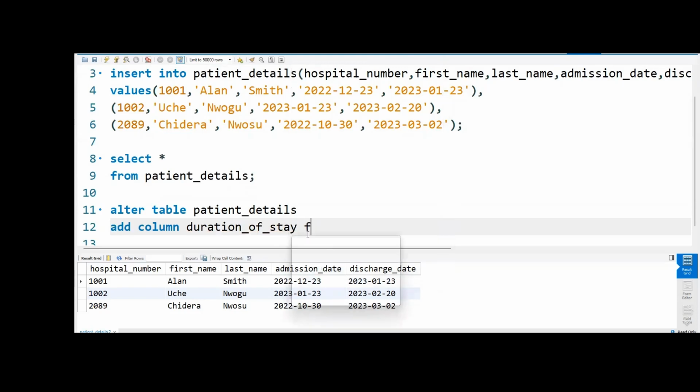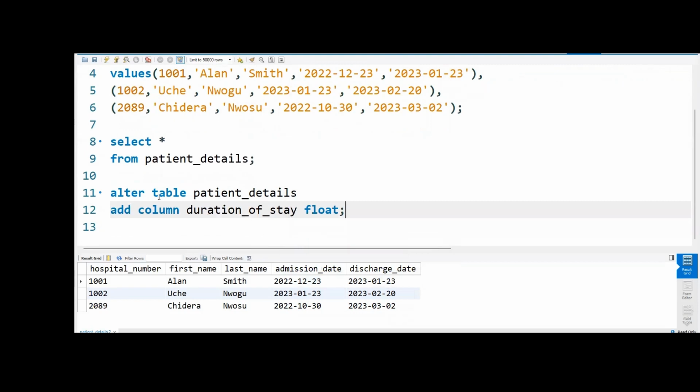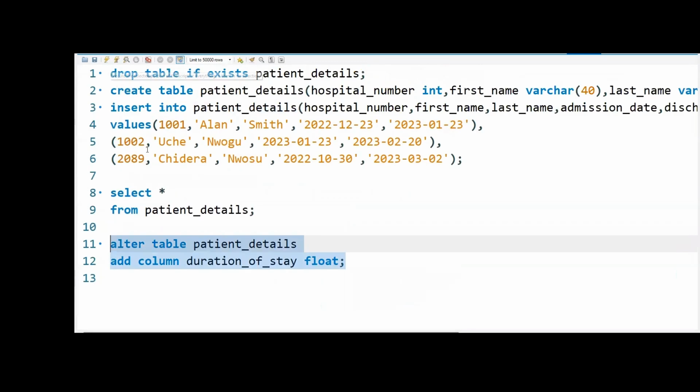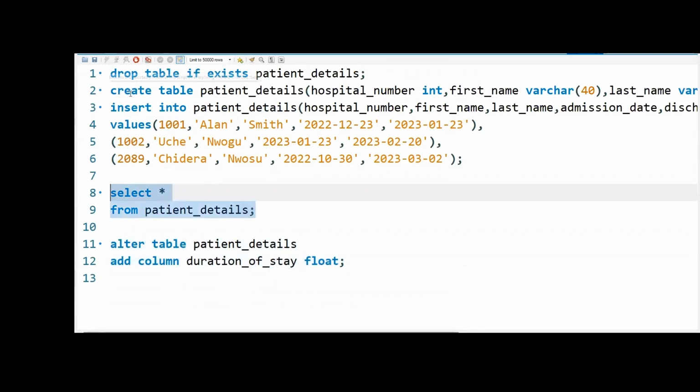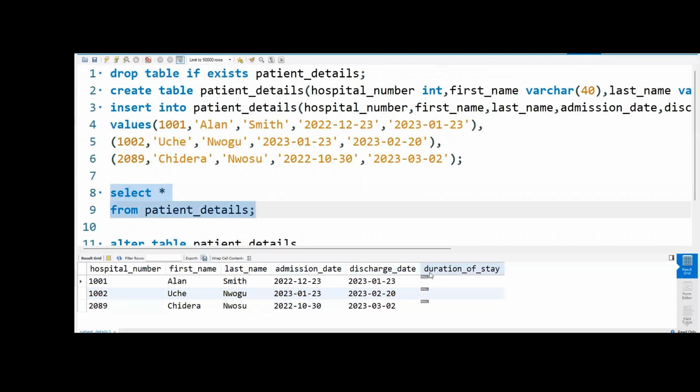Okay, we can say, let's say, float. So add... alter table patient details, add this column duration of stay. Okay, so we want to add that. Let's show you what it's going to be. And if we now do this, select all columns from patient details, we have that new column, which is called